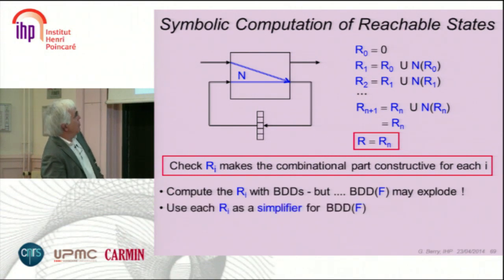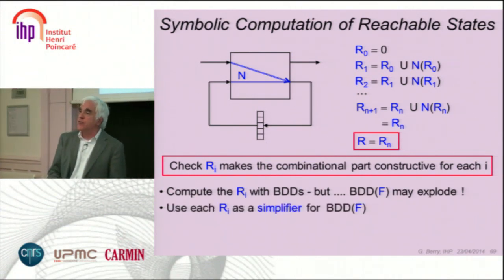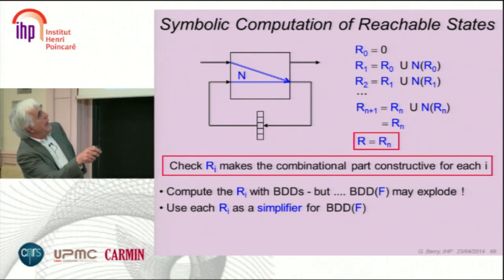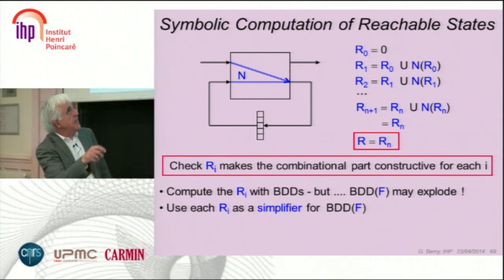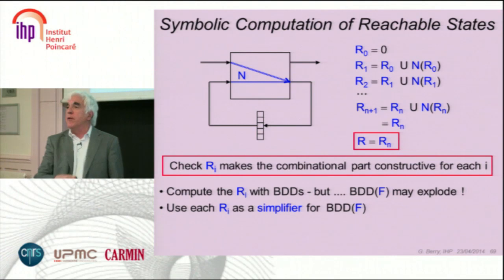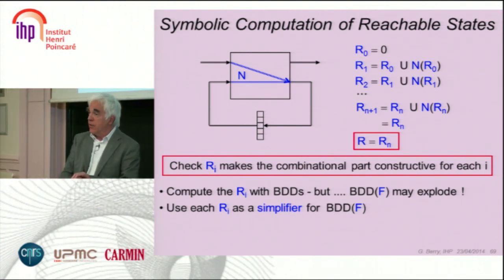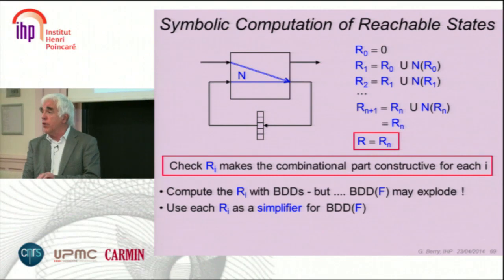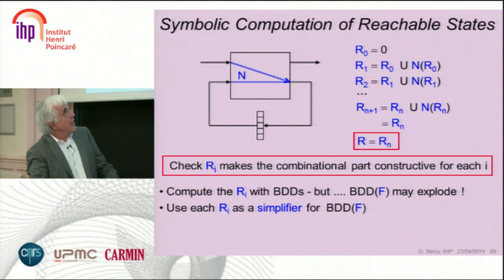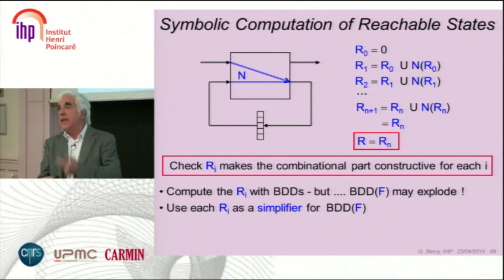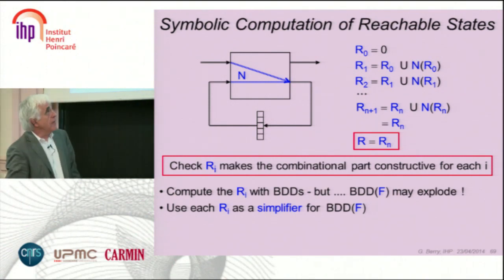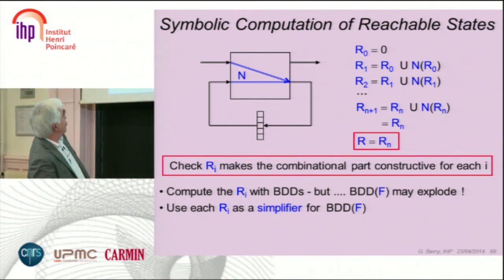And you need to do all sorts of nice tricks. For example, you know that you apply the function n to R1. So you will apply the function n to a particular subset. So the first operation you should do is to simplify the function n, knowing it will be applied to this subset. And there are very nice algorithms by Coudert on that, called restrict and constrain. To make n simpler, knowing that it will be applied to the subset, without applying it, and then apply it. And this is very, very nice. And in SAT, it's harder to do with it.